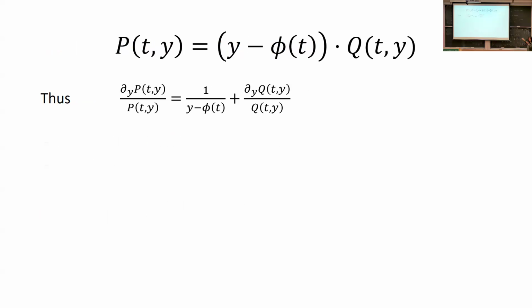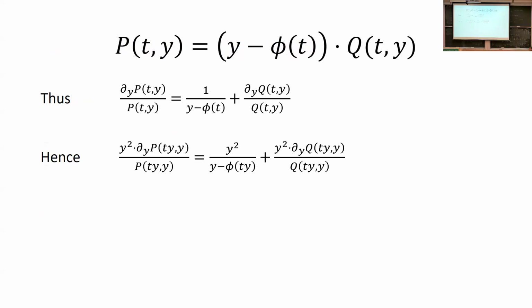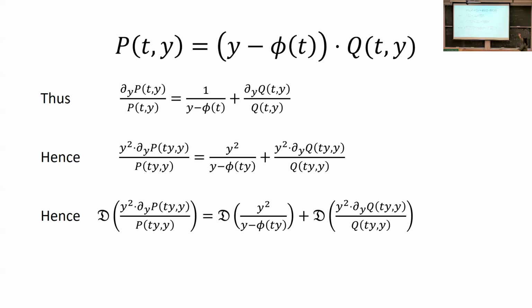So you apply the product rule, just do a basic division, replace T by T times Y, pre-multiply by Y square. Look at this basic algebraic manipulation. And now once you have this expression, let's take this diagonal operator, which is an additive operator. So apply the diagonal operator and now stare at the expression. So on the left side, this is exactly Furstenberg's expression. We stare at this and see that it's easy to see this is 0.